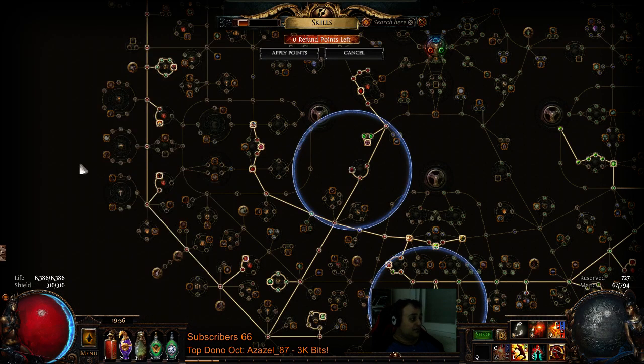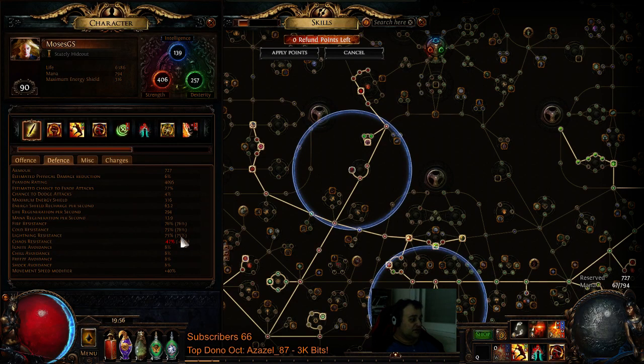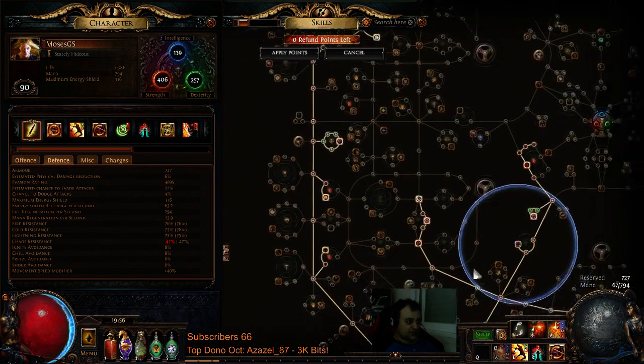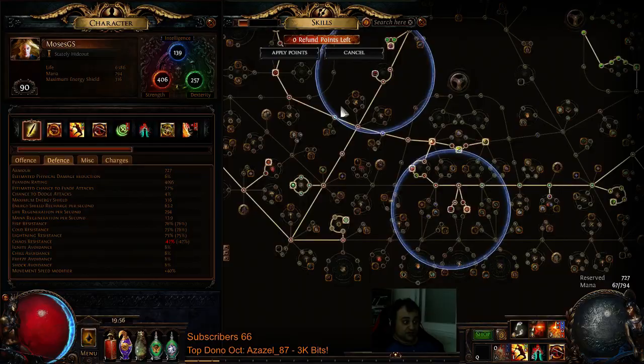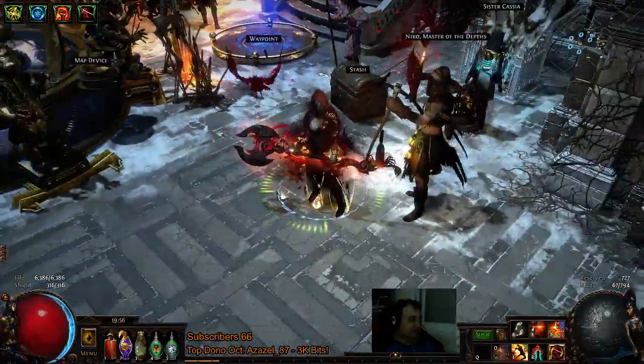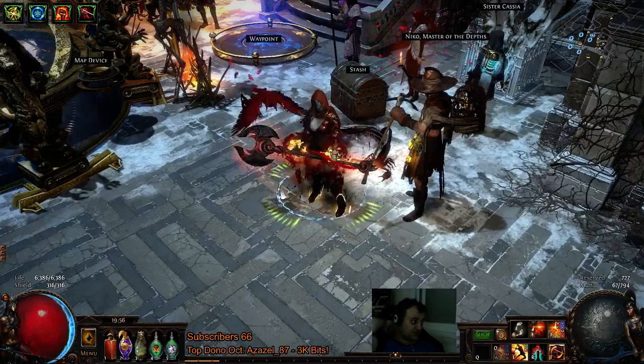I managed to balance my resistances, almost even, Wise Oak balanced, kinda. But yeah, this is it. So yeah, I hope you guys enjoyed it. I'm not going to be playing this character too much because,